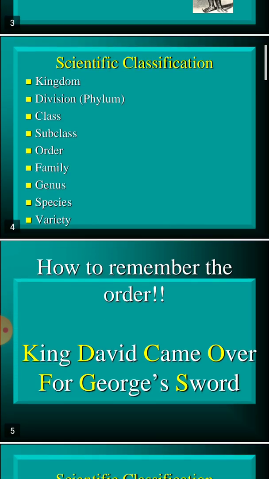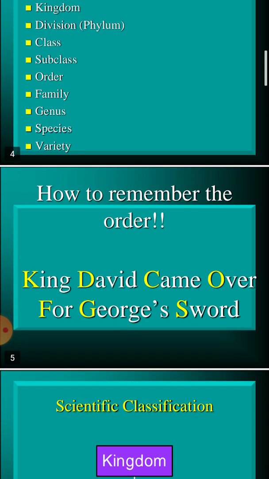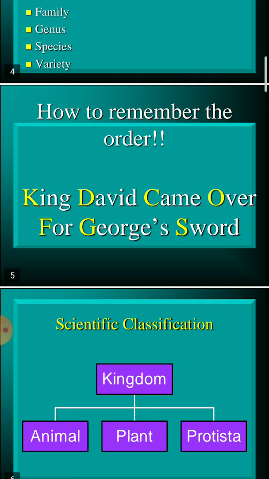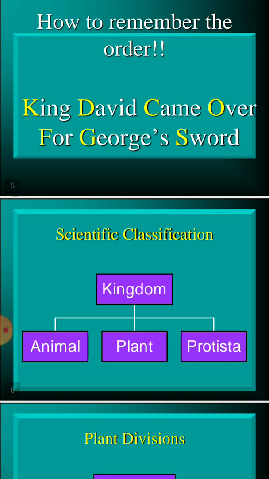What are the scientific classification orders? They begin from kingdom, division, also known as phylum, class, subclass, order, family, genus, species, and variety. How to remember the order? You can say that King David came over for George Sword. K for kingdom, D for division, C for class, O for order, F for family, G for genus, and S